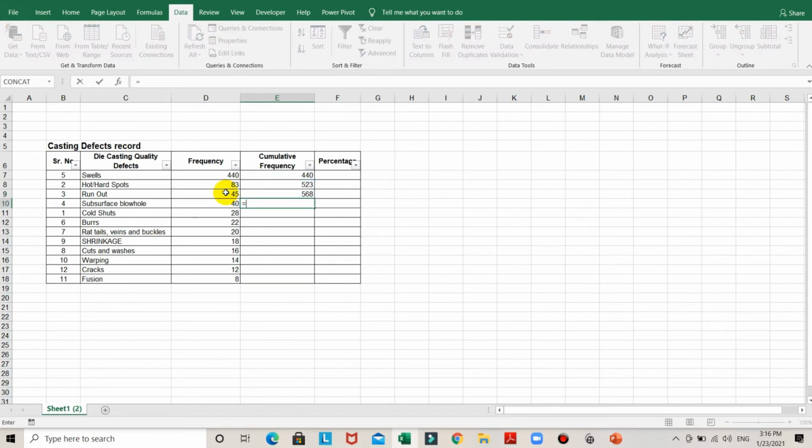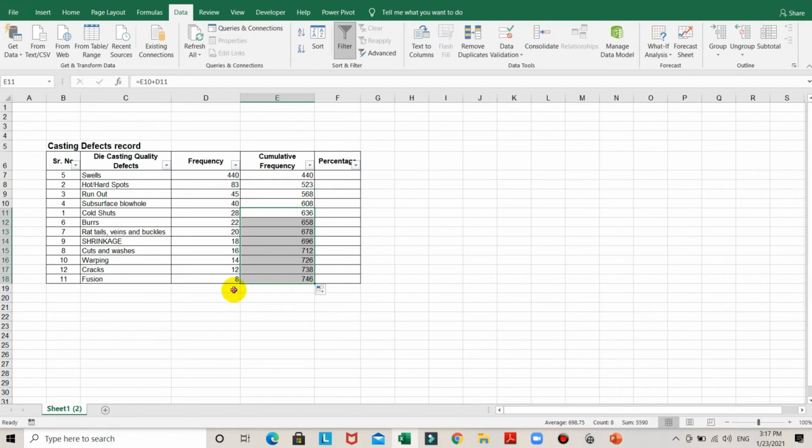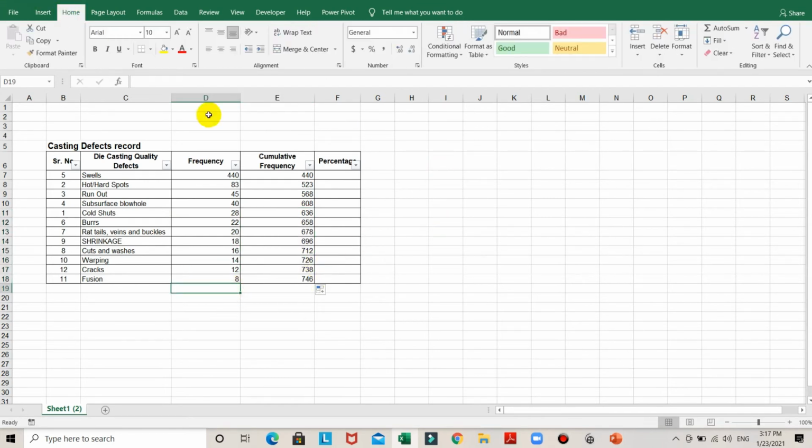In this manner we have to add it. Select this 608 plus 28, and you can just copy this formula till the bottom. And again you will take the sum of these frequencies. Just click on auto sum and you will find this number as 746.